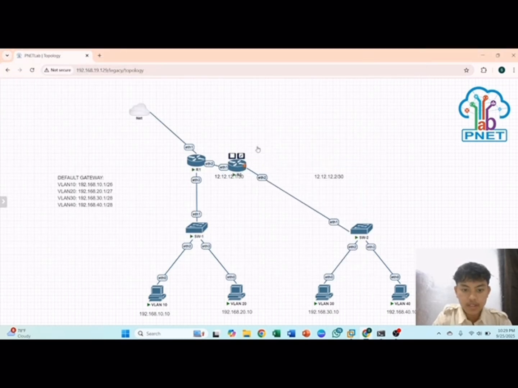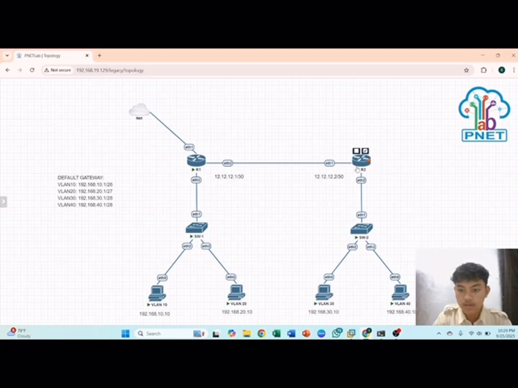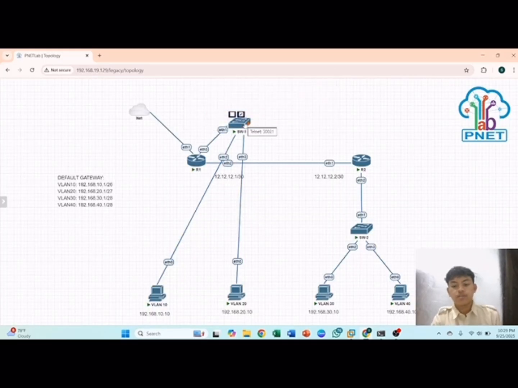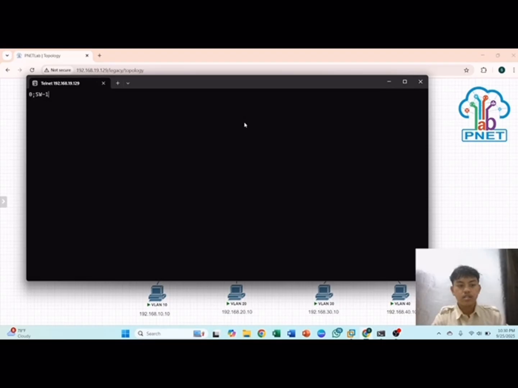Same, the gateway is in here, and we configure from here to here. And next, we can configure the switch.